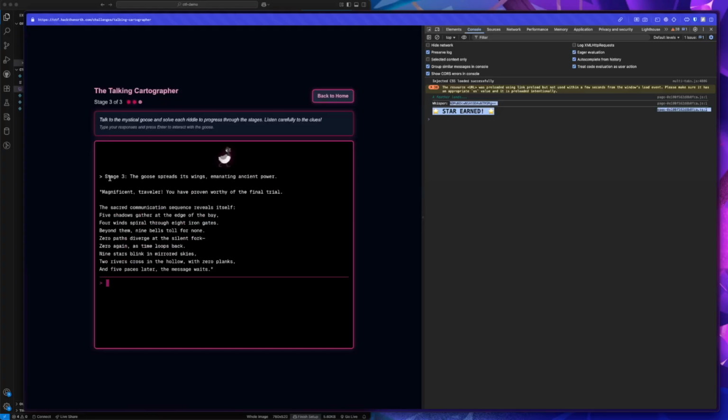The last hint is the goose with its wings, building power, and there's a text, and in the text is a bunch of numbers. Sacred communication sequence reveals itself. So 5, 4, 8, and as you might be able to hint, the secret communication sequence refers to a phone number, and 5, 4, 8, 9, 5, 4, 8 is a reasonable phone number, and then